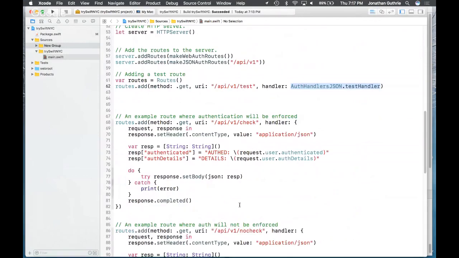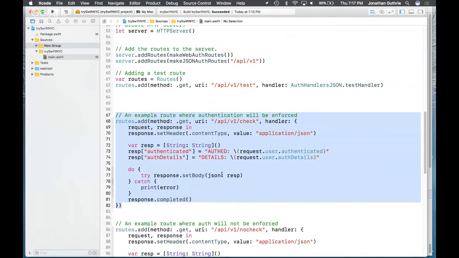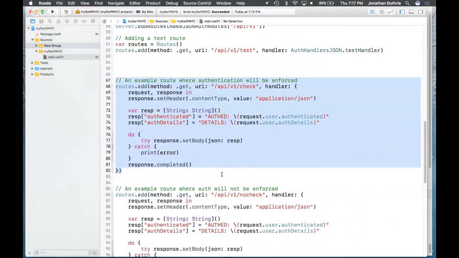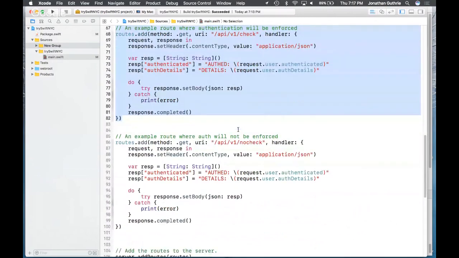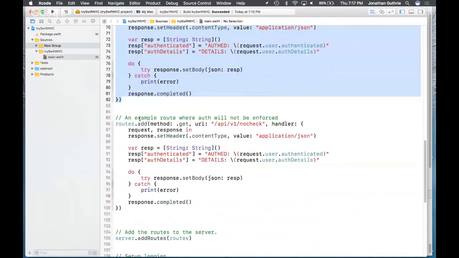And a third way of doing things is to have a route that is simply embedded in there, and we're not handing it off to another function. It's just in the block here. I'll show that to you in a moment too. We've then got another one where authentication will not be enforced.